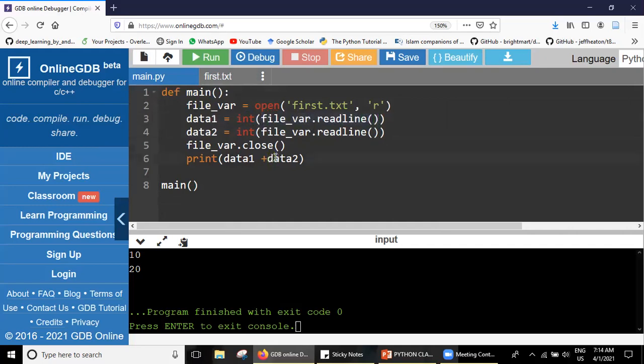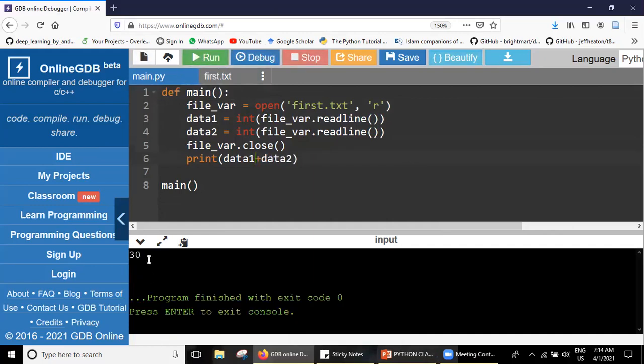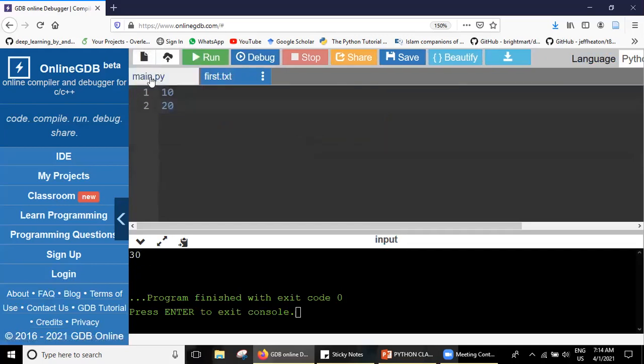So this time we got the summation of the two integers that we read from this file.